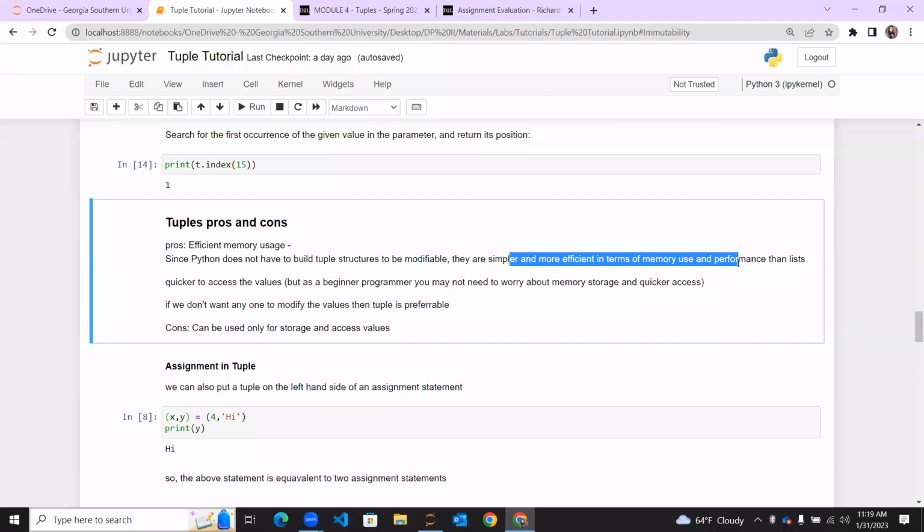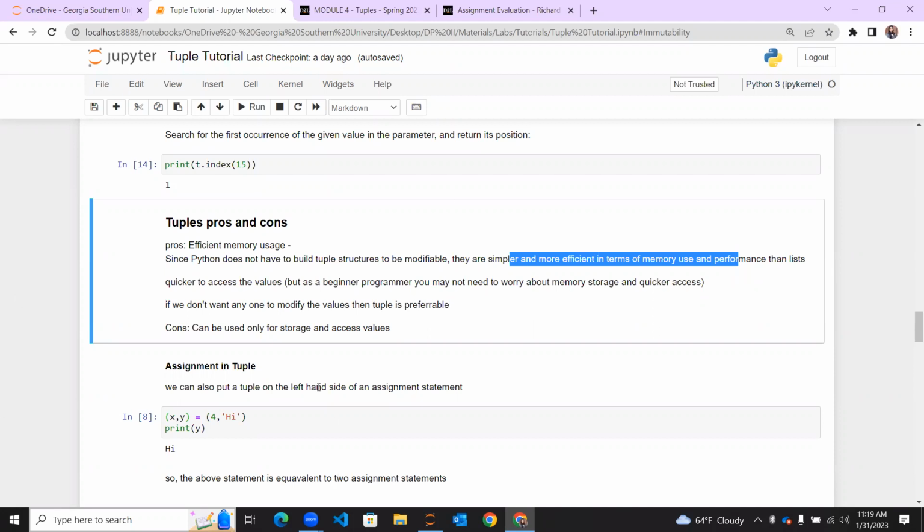But when you're working on a very big problem in the real world, in a company, if you work with list and tuple, then you can see the difference in terms of memory usage and efficiency. But as of now, these are the only pros: security and efficiency in memory storage. The cons are that there are only a few restrictions, but only for a particular use case can you use